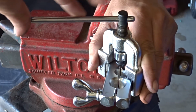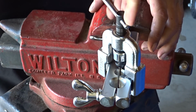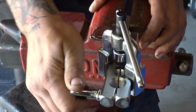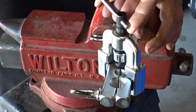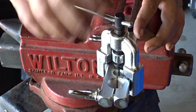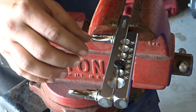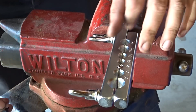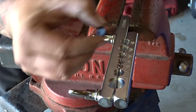Now I'm going to begin to tighten this up and trying to create that double flare. Oh, I must not have these tightened enough. There we go. We are flushed up, so let me back it off. We'll take a look and see what the progress looks like here. Okay, that's as far down as that button can go, and it has begun to